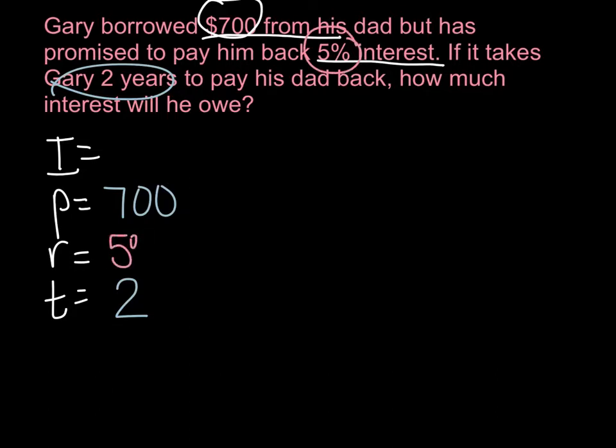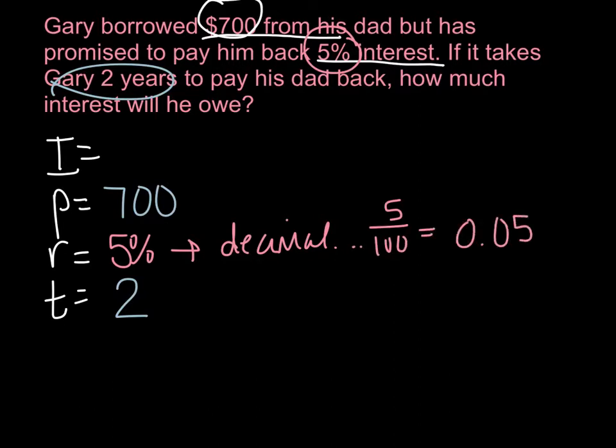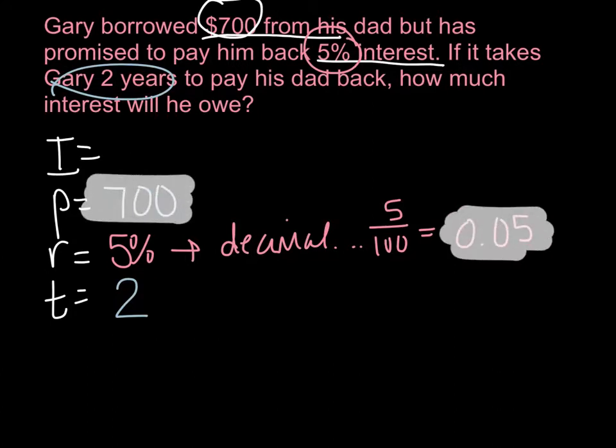And hopefully you remember that that 5% has to become a decimal, okay? And that decimal means that it's 5 out of 100, okay? So that's going to give me 5/100ths as decimal notation, okay? I can take those three numbers now and multiply them together. So those three numbers again are the 700, the 5/100ths as a decimal, and the 2 for that 2 years, okay? If you multiply that together, you will get the amount of interest Gary owes his